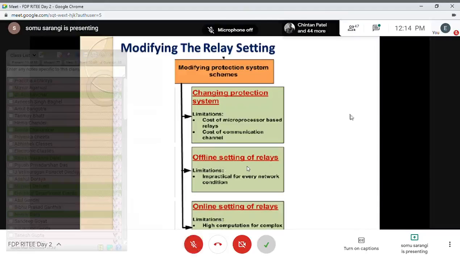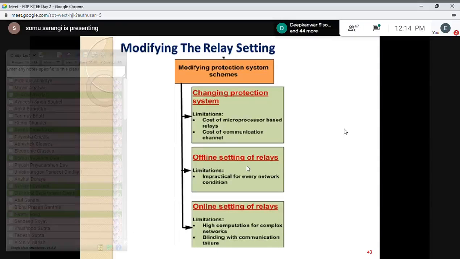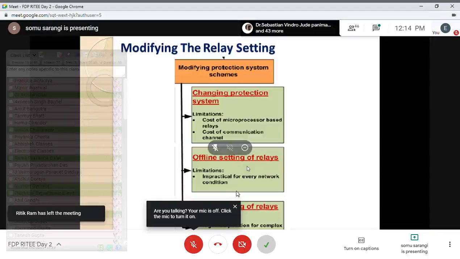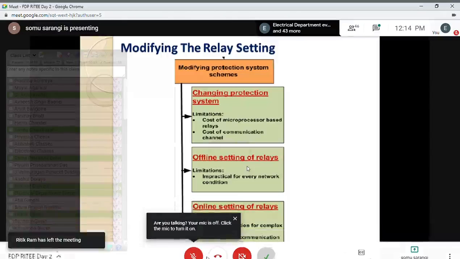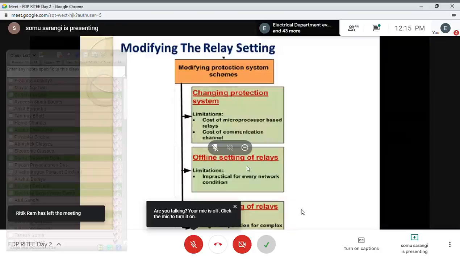Satellite communication may be possible for monitoring, but when you talk about a relay, it takes a decision in a very fast time. Within 2 to 3 cycles, we have to take a decision so that the fault may be cleared. We cannot allow the fault for a longer period, like 1 second, 2 seconds. That is not possible. So satellite communication itself, when we send the data to the satellite and from the satellite the data comes back,